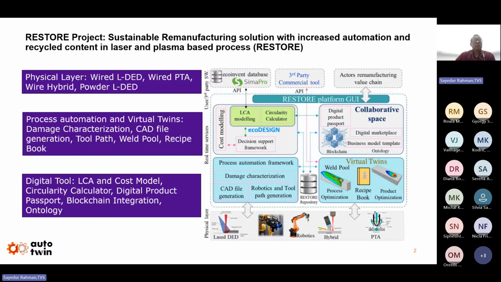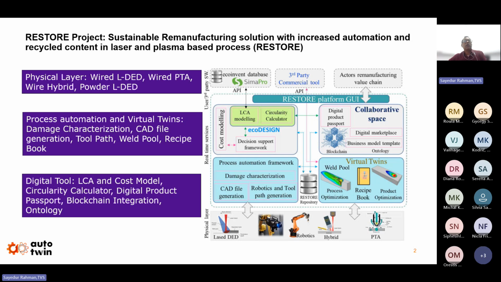Sorry for the inconvenience. RESTORE stands for Sustainable Remanufacturing Solution with increased automation and recycled content. The project focuses on laser and plasma-based remanufacturing processes and also hybrid processes, supported by digital tools that make the whole process smarter and more sustainable.